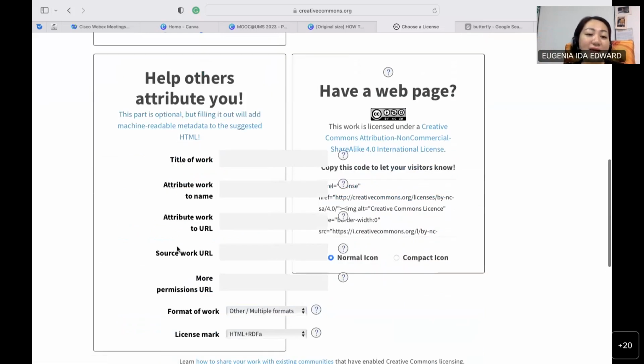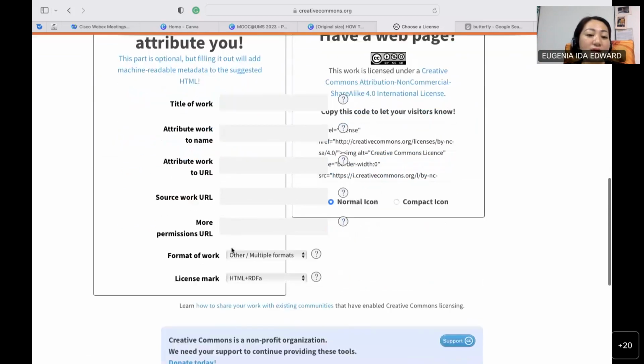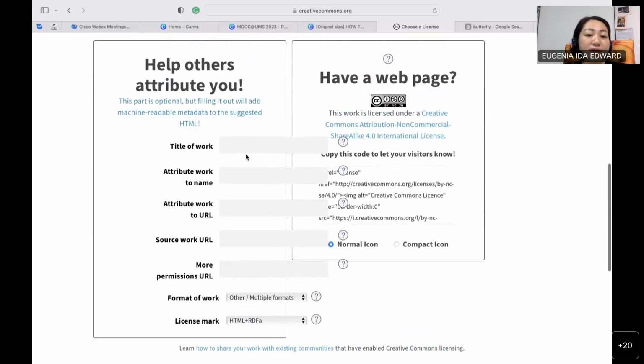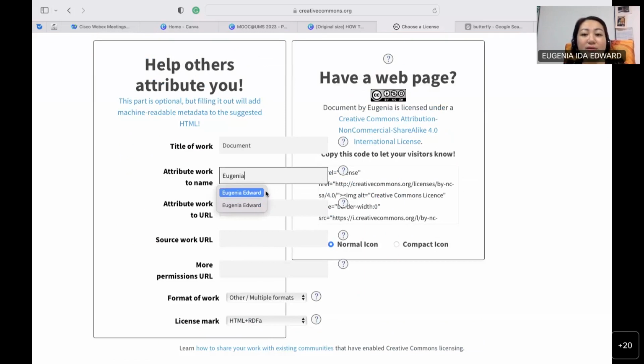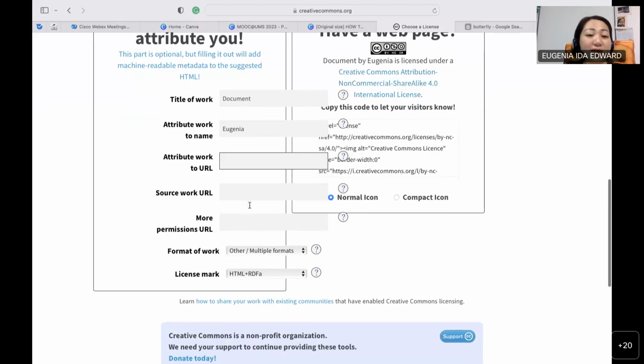So the title of your work, maybe you can say document, and then your name. So document by Eugenia is licensed under, and it will keep on changing here on this side. So maybe you can put your URL for the OER.